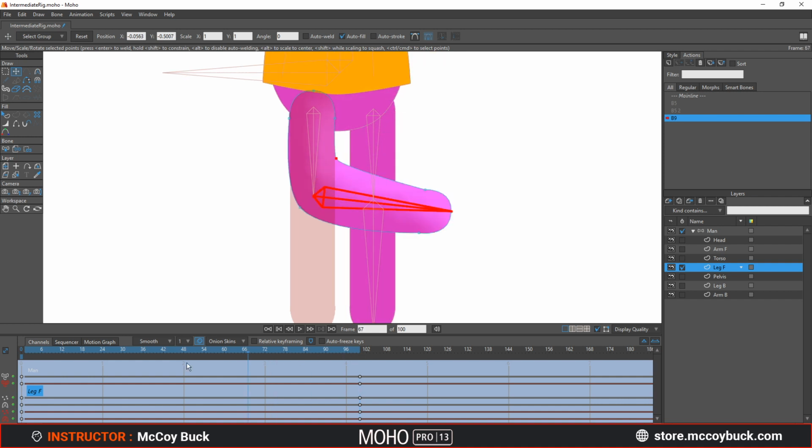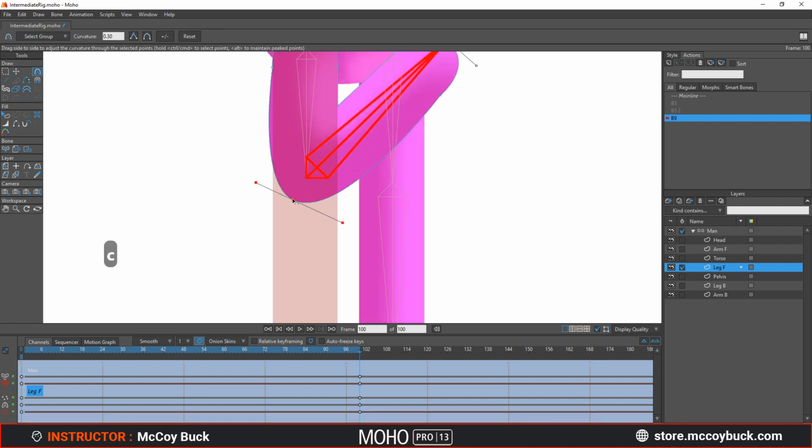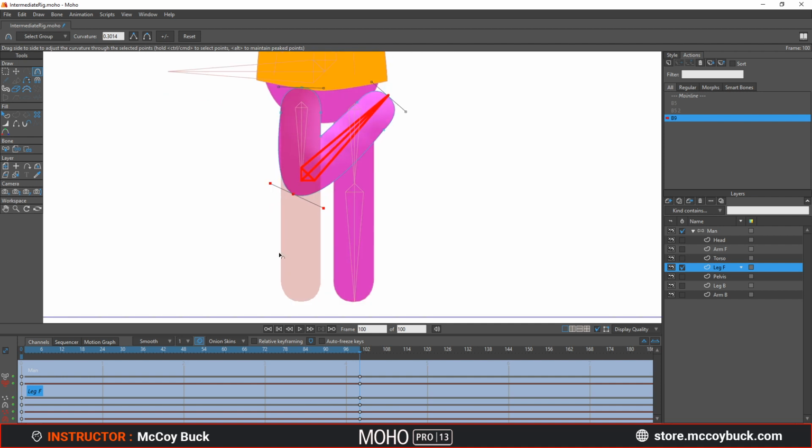I'm going to go back and see where that knee is to make sure that that knee isn't going too high up there. It kind of looks like it is, so I'm just going to bring it back just a little bit. I'm going to round that out. And that looks pretty good. Then